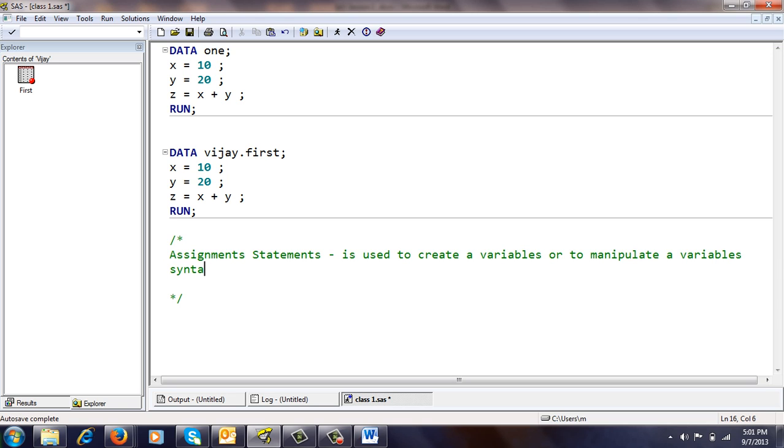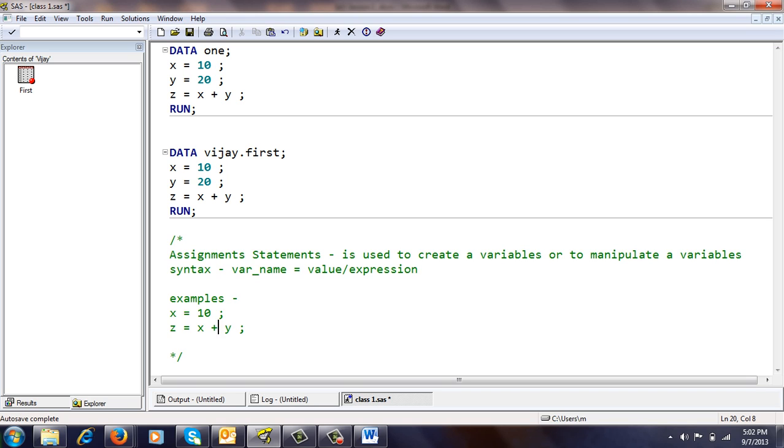Your syntax will be a variable name equal to, and you can give here a value. In the case of assigning some values, I can give an expression. Examples: x equal to 10. Here we are giving a variable and assigning a value. Or z equal to x plus y, that is an expression.